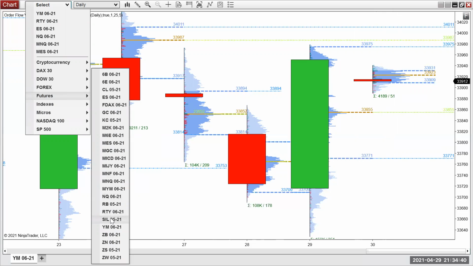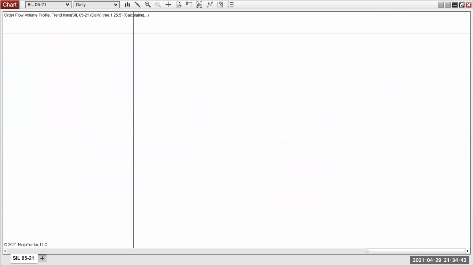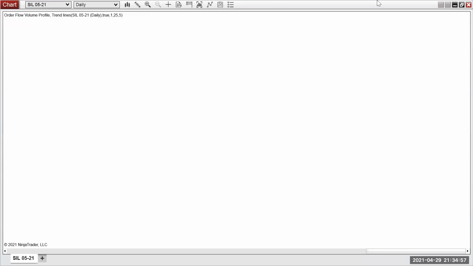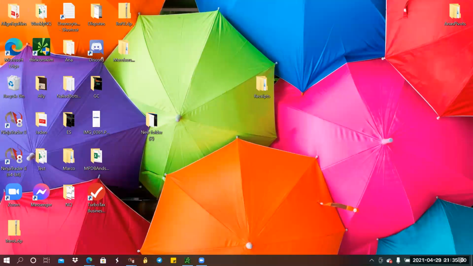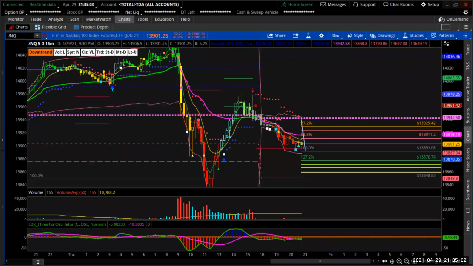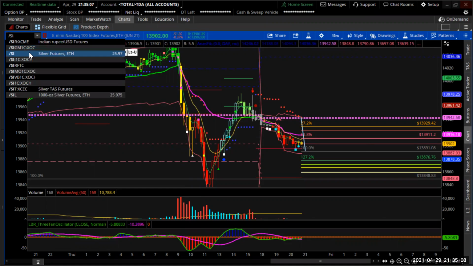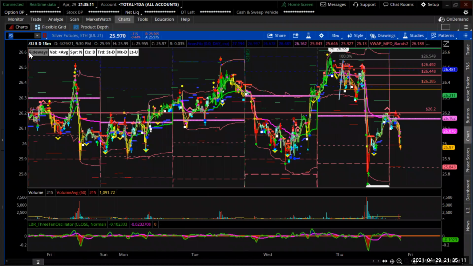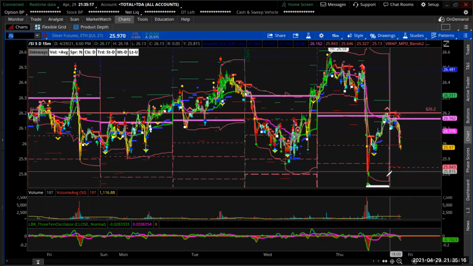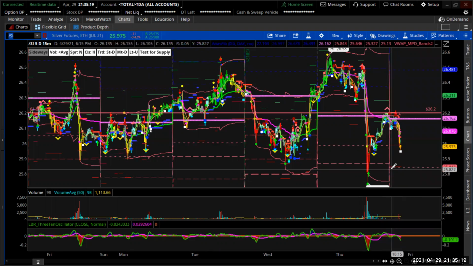So I'm not sure if silver is going to pop up. Supposedly, let's go see if I have any data in there. This is taking forever. Okay, so silver futures is pulling back. So this one here, I think this is going to test the low right here. So here's another low here in silver.